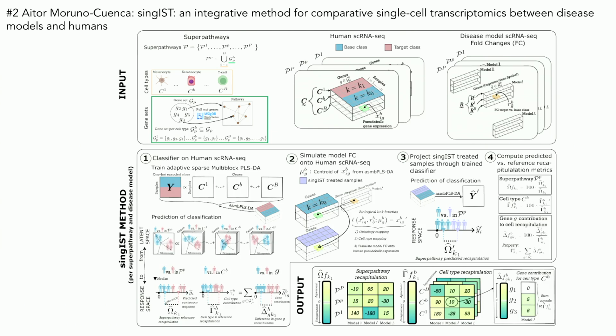And so you can tackle this problem from multiple optics. One of these optics could be single-cell transcriptomics with bioinformatics. One of the problems, however, is that we don't have many methodologies to do this with single-cell transcriptomics specifically. And so for this reason, we introduce a new method, which is called SINGIST, which provides you with quantitative, explainable and also interpretable measures of how well the single-cell transcriptomic changes of your disease model are aligned to that of the single-cell transcriptomic changes of a human. And we also provide a library for this.